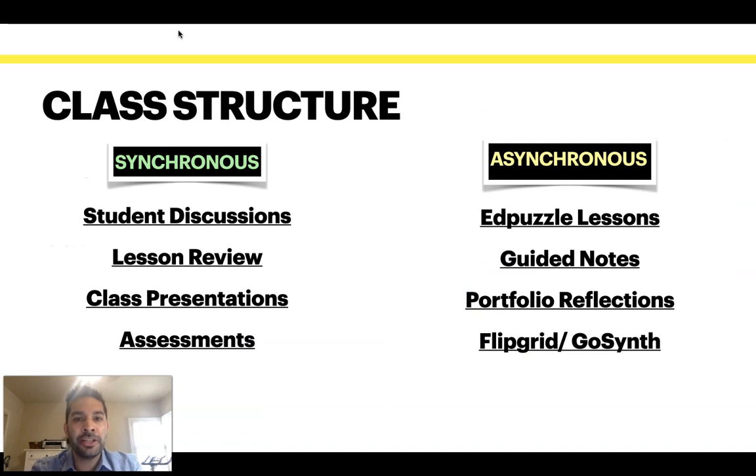A little bit about the class structure. On our synchronous days or Zoom classes, it'll be a lot of student discussions, a lot of lesson review, a lot of class presentations, and assessments, okay? So it's things that we couldn't do otherwise, basically, trying to use that time as best as we can to get kids connected. On our asynchronous days or days away from the classroom, students will be doing Edpuzzles, guided